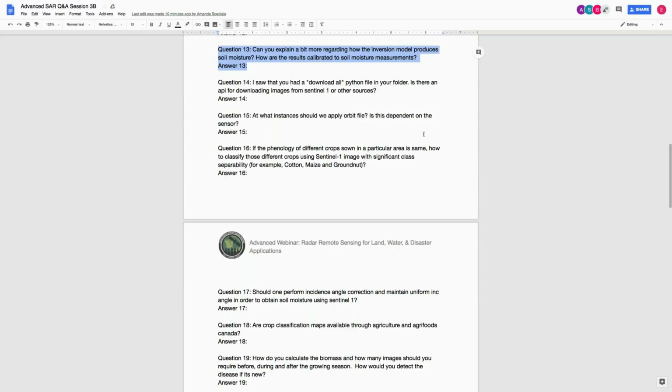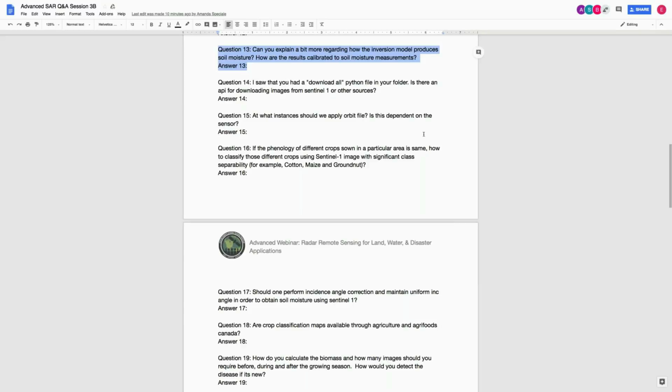What we've done for the inversion is we've created forward runs of the IEM model for both of those different polarizations with increments of different roughnesses and different dielectric constants. And so we create these lookup tables from these forward runs of the IEM model for both HH and VV polarizations. And then when we have a radar image with those polarizations,